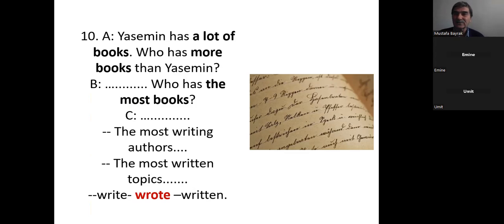me take your attention to the active passive usage of verbs. The most writing authors, the most writing writers or authors, active. Writing is also an adjective here, but the most written topics is passive. Written is also an adjective. Verb 3s and verb ings are also adjectives. For example, the most written topics are climate change, education, economy these days. Write, wrote, written. We will study the written form, the third form of the verbs, in passive voice, in passive